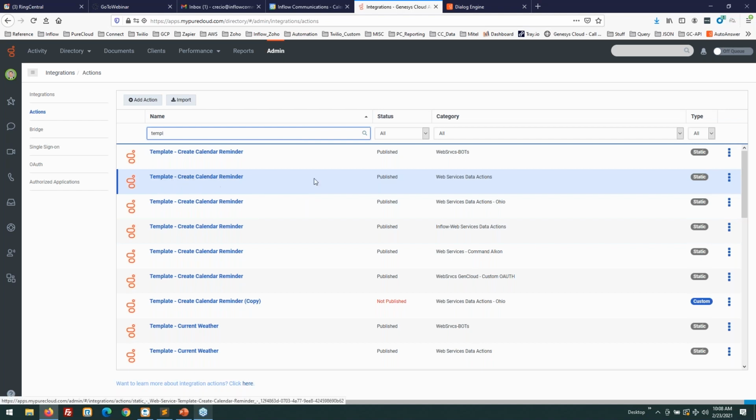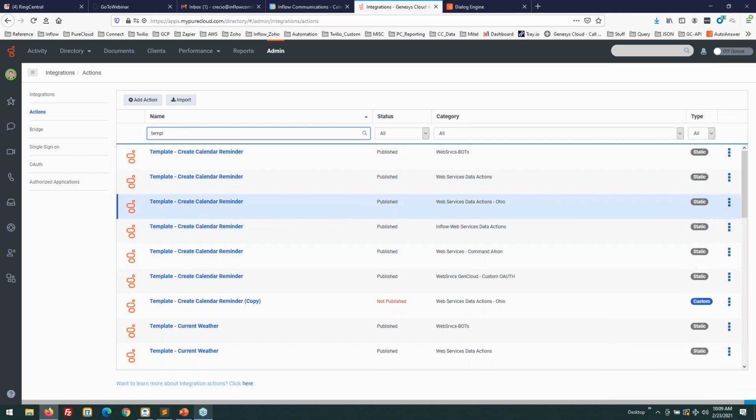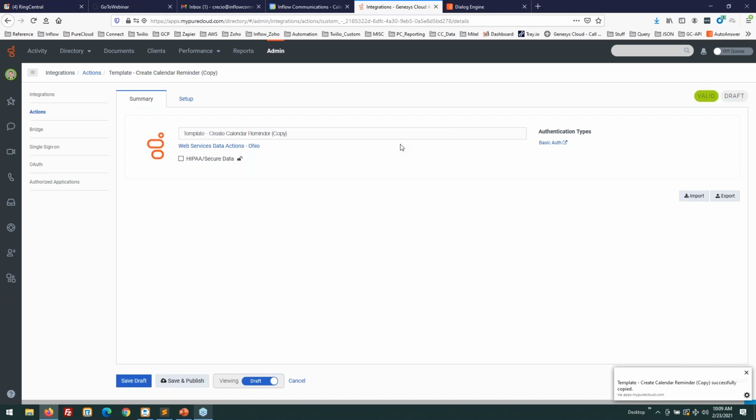You can see at the top here that I have my web services data action on the right highlighted. And they've given me an application here that's for a calendar reminder. However, I'm not necessarily going to use that. Instead, I'll go on the right. I'm going to copy my action for one purpose only. I want the container so that I can rewrite my process to a web service that makes sense for me. So at the top here, I can rename the web service.